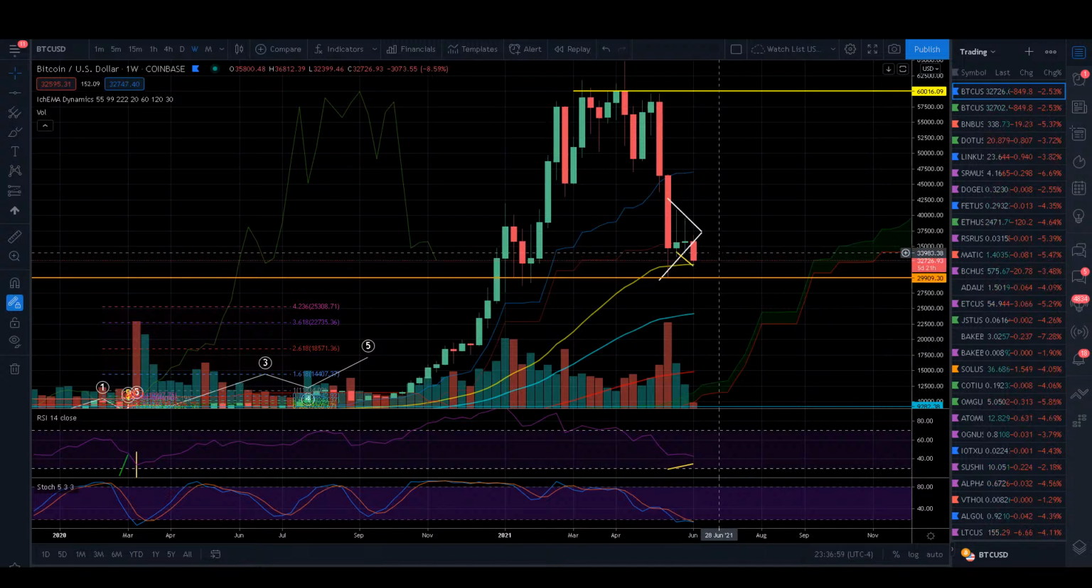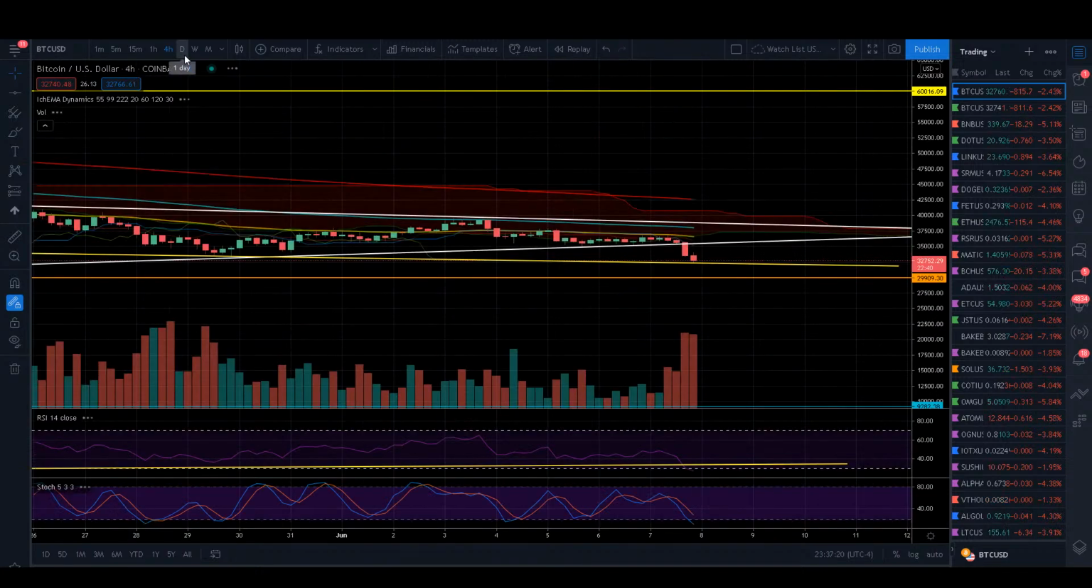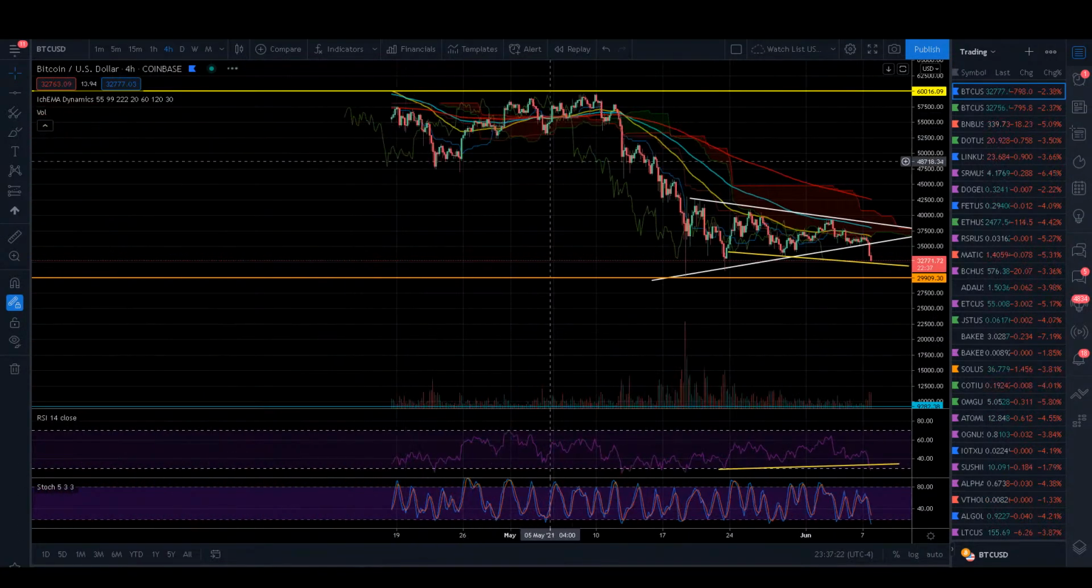So in this case, I would look at the various supports. We have the 55 EMA, horizontal support at 30K. The next main support that I have would be the 99 EMA, which would be in the mid-20s. So if you were looking purely for a support and resistance based on prior trading, what would be the next support? Let me see where